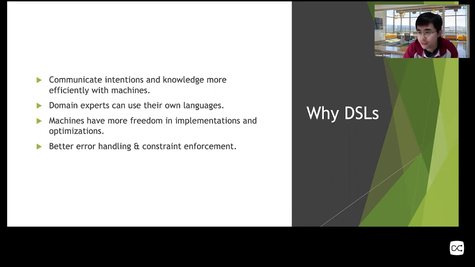Even with a library, it can be tedious and error prone and also a lot of work. And with a DSL, because it has high level knowledge about the business model, about the business constraints, and all those things, it can automatically do a lot of error handling and error reporting thanks to the compiler of the DSL. Okay, and also constraint enforcement.